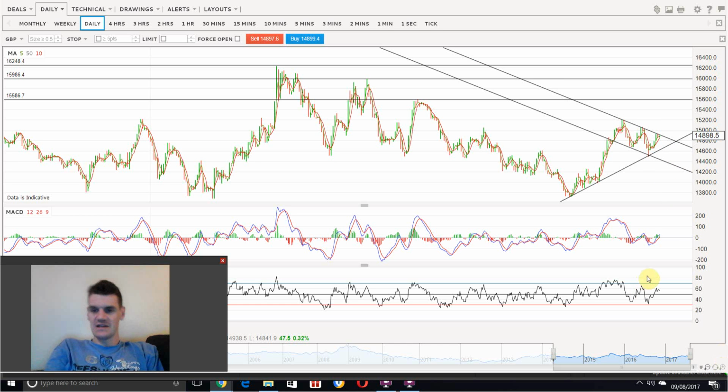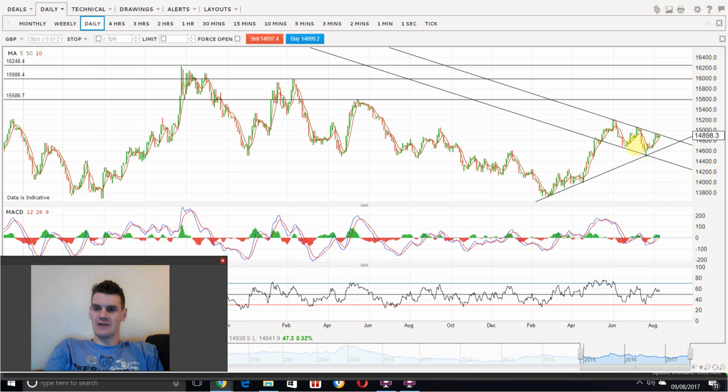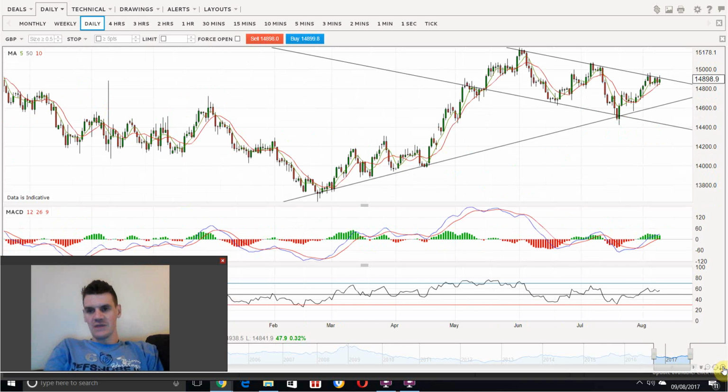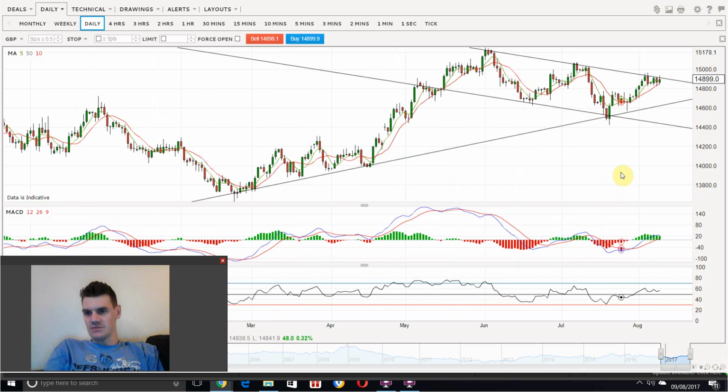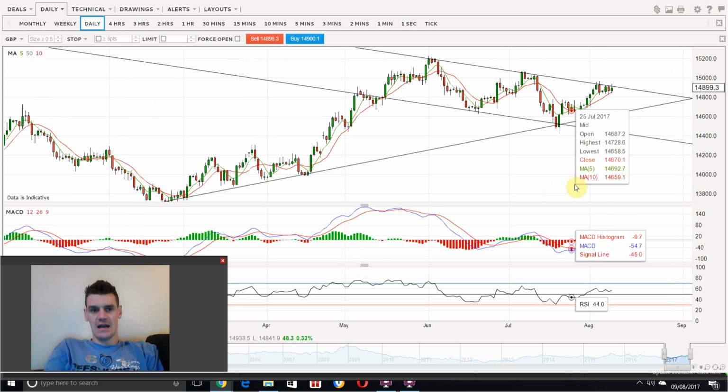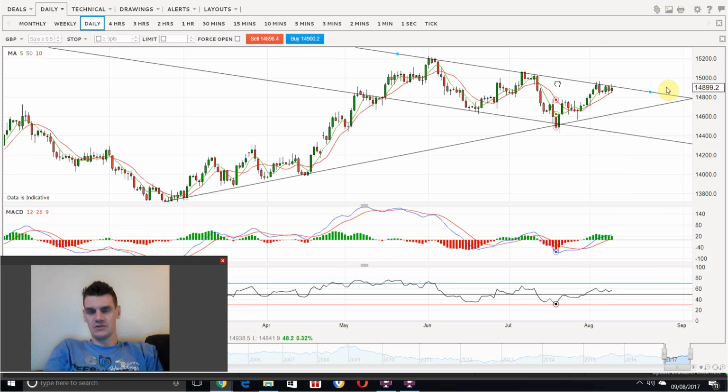If it heads back down to the ascending trend line, this one here, then you're not going to make as many pips as you would if it continues its downtrend and heads back down to the bottom of this channel here. So it looks like it's worth a trade. I think it's possible. It's a good idea to get in. I would certainly be getting in if I wasn't contradicting the Australian dollar trade, the other one that I've got,